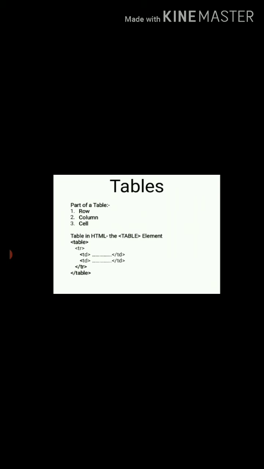Give some text after TD, then close TD, then open TD again, give the data or text, then close TD, then close TR, meaning the table row closes, then close the table. TD represents the table data and TR represents the table row. By these tags you can create rows and columns for the table.